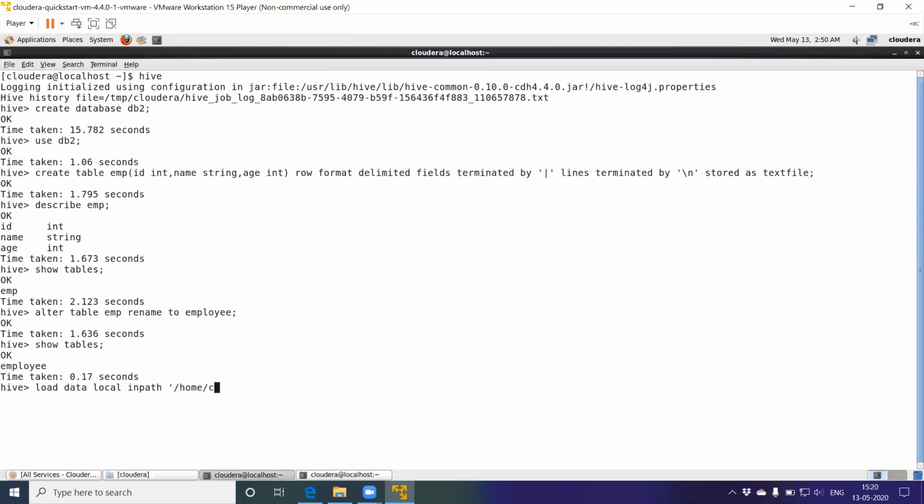The path is /home/cloudera/data1. Single quote close, into table employee.